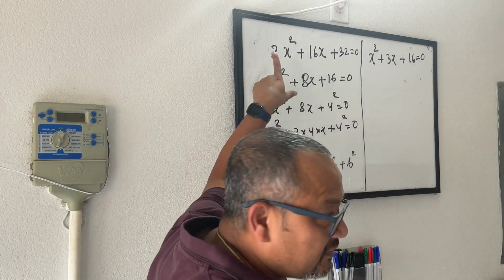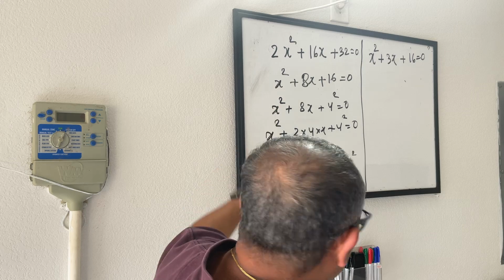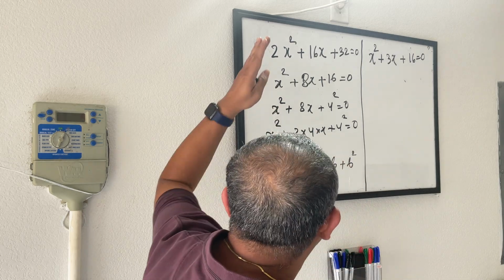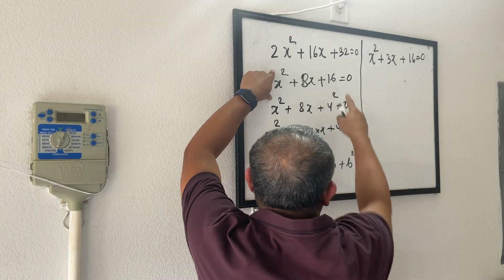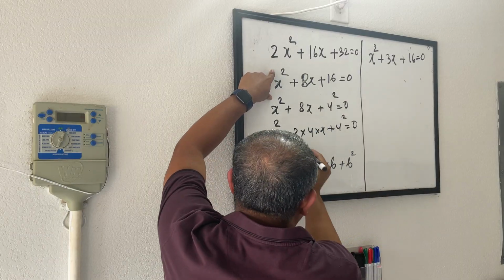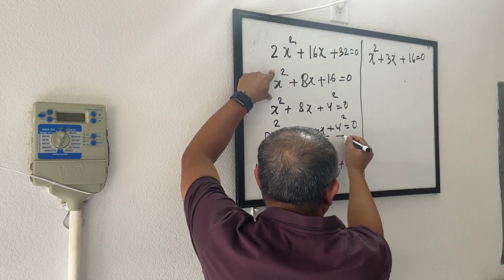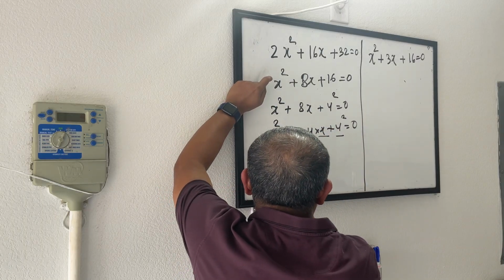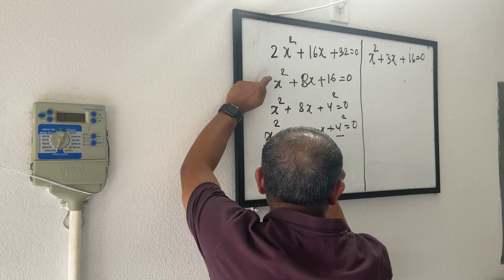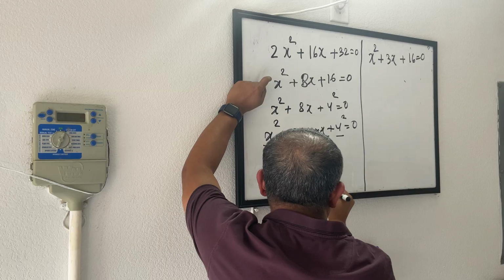A square, a plus b whole square equals a square plus 2ab plus b square. And all that I'm doing, where I'm taking 30 or 35 seconds, when you do that in your mind with more and more practice, just by looking at this equation you will see, oh, this is a plus b whole square, x plus 4 whole square. So this is my a square, this is my 2 times a times b, and this is my b square. So this is as good as x plus 4 whole square, or x plus 4 times x plus 4 equal